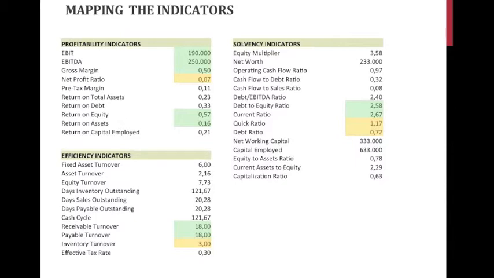For example, we can mark acceptable intervals with green, average values with yellow, and negative or unsatisfactory parameter values with red painted cells in Excel.